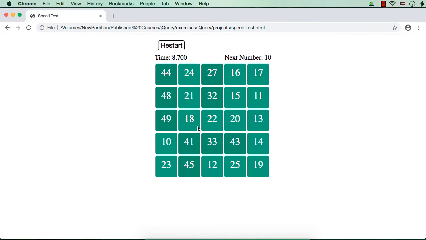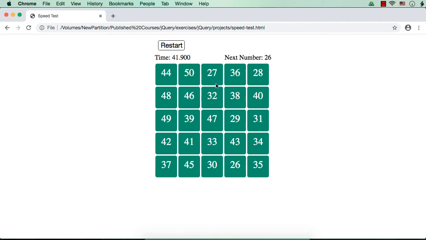So as you could see, when we click those numbers, it is getting changed to the other number because we have numbers from 1 to 50. Okay. So the next number is 10, 11, 12, 13, 14, then 15, 16, 17, 18, 19, 20, 21, 22, 23, 24, 25, then 26.